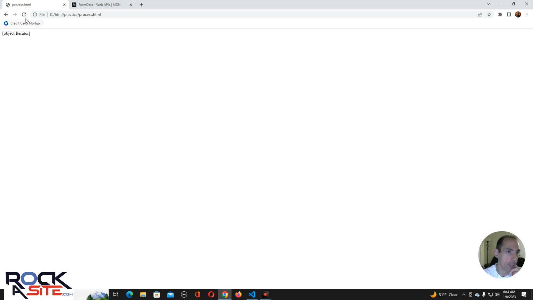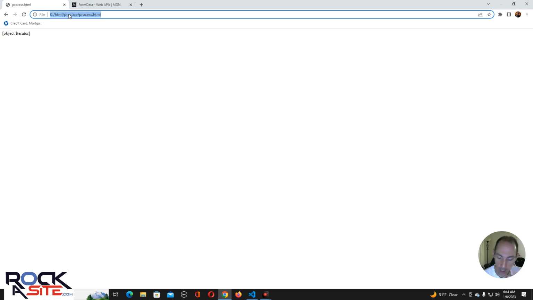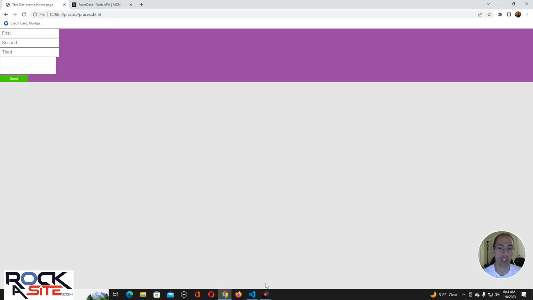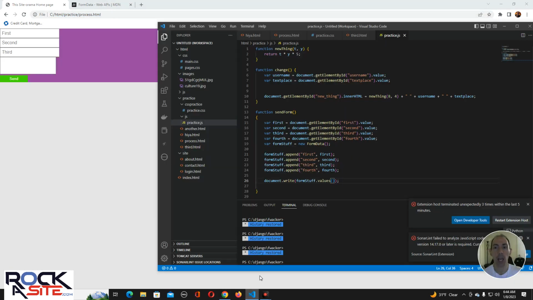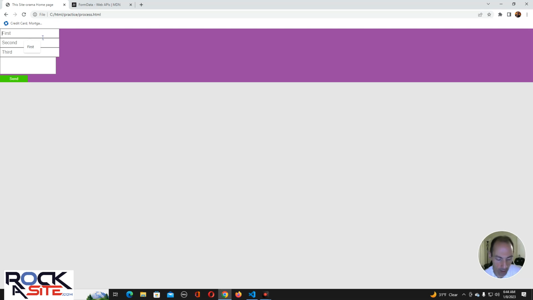Object iterator, that's not really it. But like I said, it's another one of these built-in objects. You can make your own objects, we're going to make objects soon, and what these objects do is they append these things. You can use the append functionality, and then it will just put the values. So whatever you put in here,